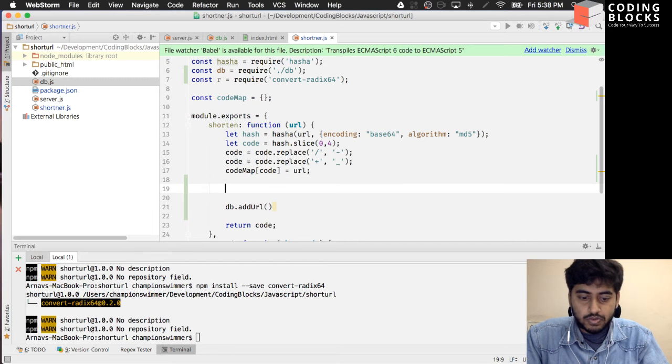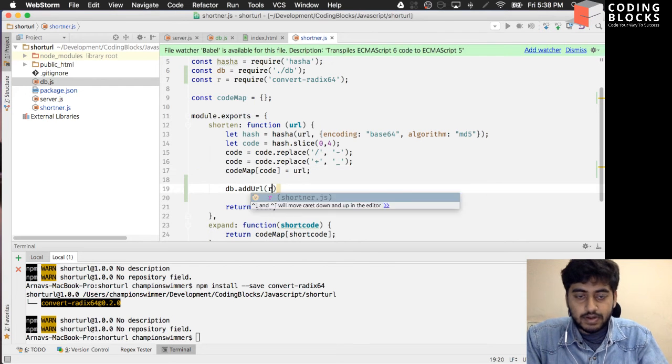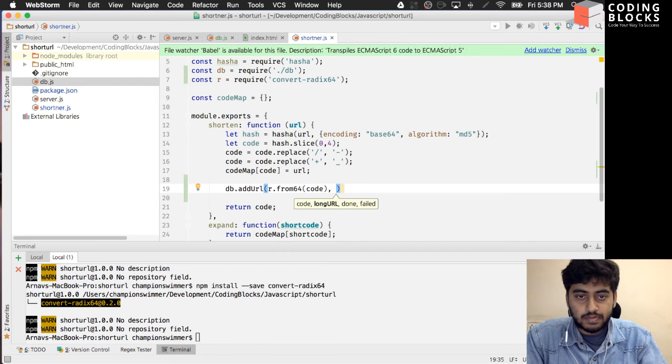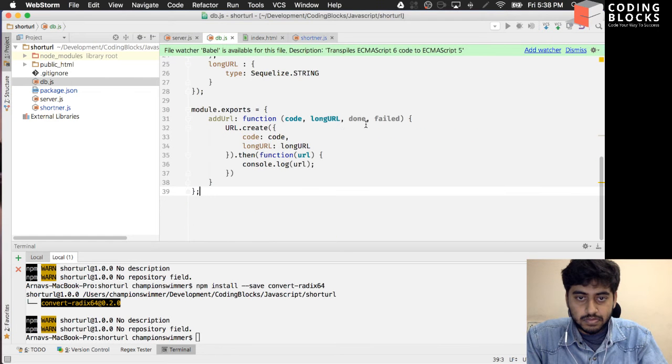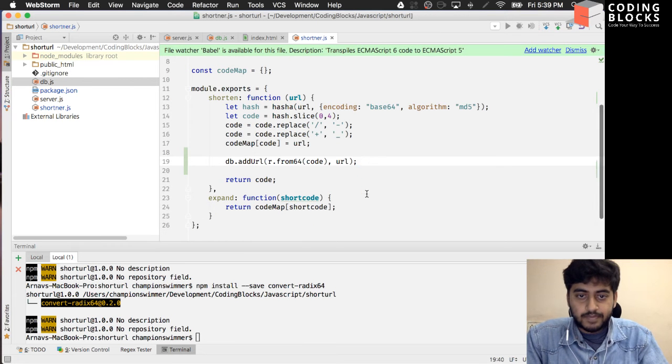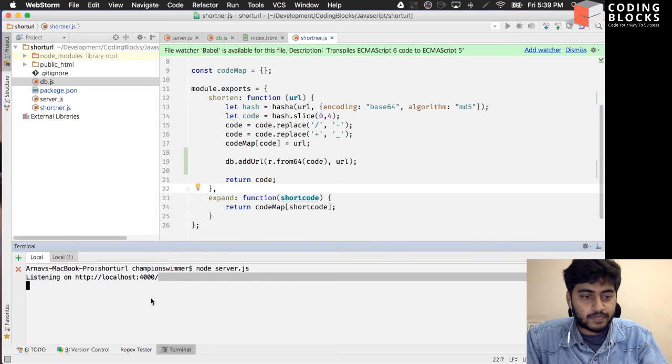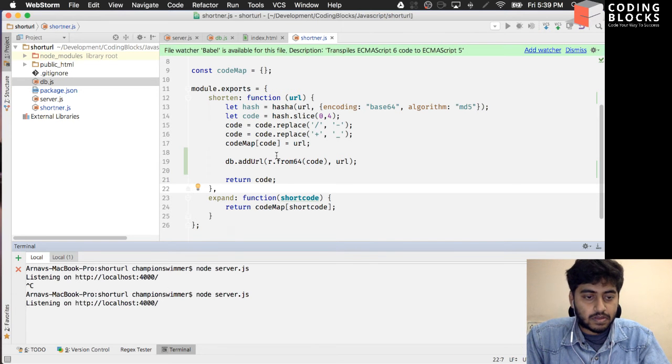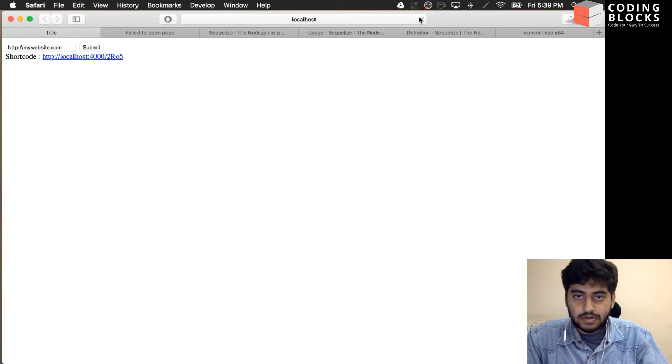So my code would turn into add URL, r dot from 64, code will turn into, then long URL will go here, and just do this one up, and let's see what happens if we run this. Refresh this. Submit, and